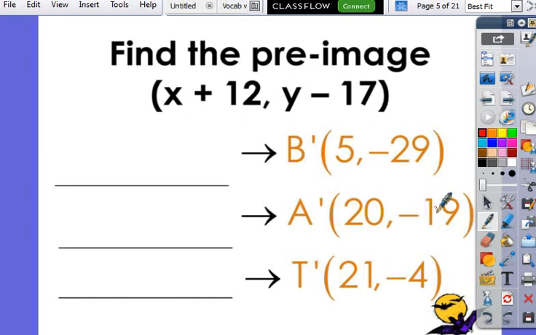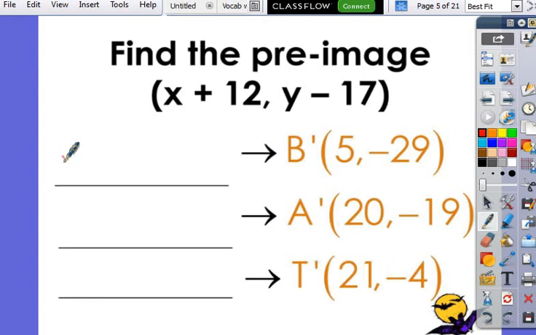How did I get to B prime, A prime, and T prime? I did plus 12 and minus 17. Now you got it. So in order to undo that, I've got to do the opposite. So if you're given the image and it says find the pre-image, you're gonna do the opposite of whatever's here. So in this case, I would do